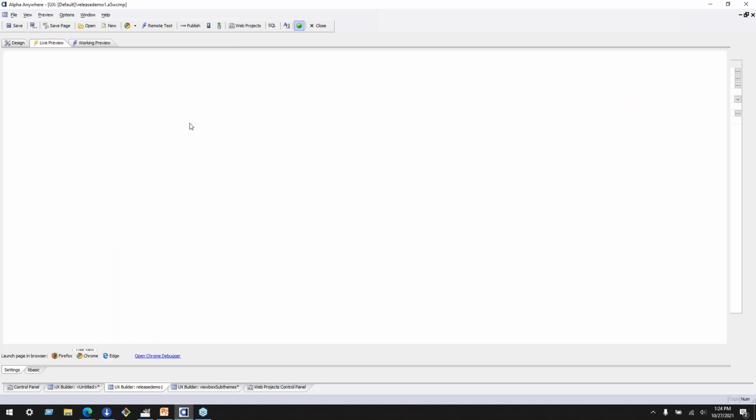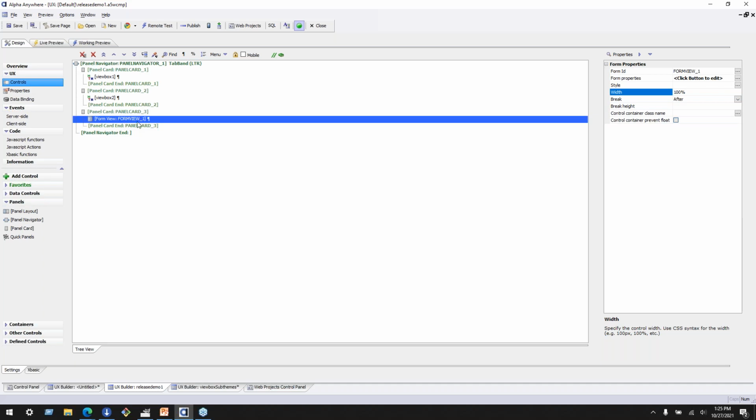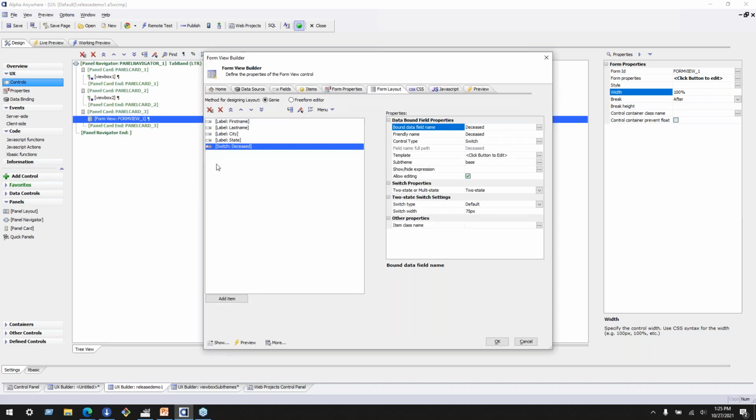So that's setting it up. Here's an example where I did a little bit more work to try to get the first name and last name to look a bit better. Here's the accordion. This is set up to allow multiple tabs to be open at the same time, or accordion spaces. And then this last one is a FormView control I set up to show you how to do